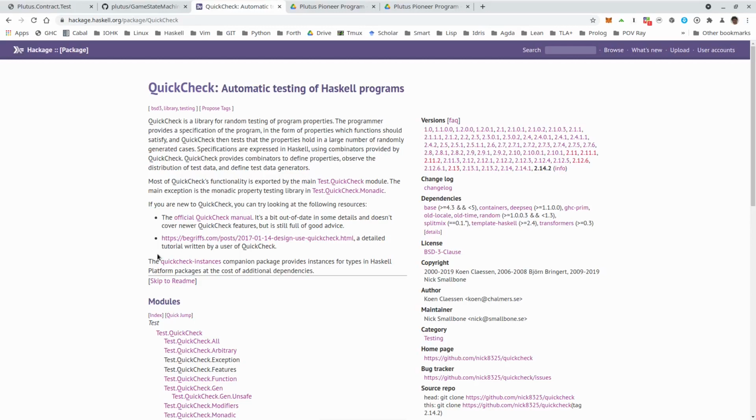So you get property-based testing libraries for Java and Python and C# and JavaScript and many more. And one of the inventors of QuickCheck, which is the most prominent and was the first library using this approach, is John Hughes, who is also one of the original inventors of Haskell. And he and his company actually worked with IOHK to provide special support of this approach to testing Plutus contracts.